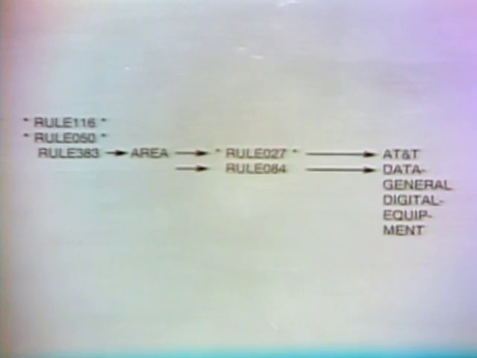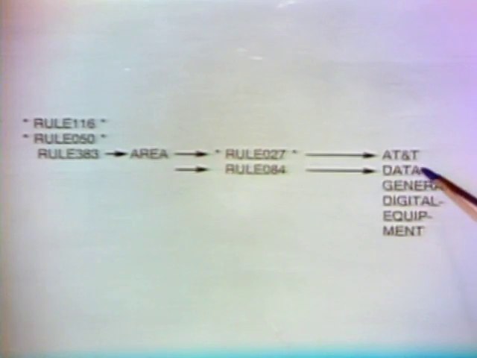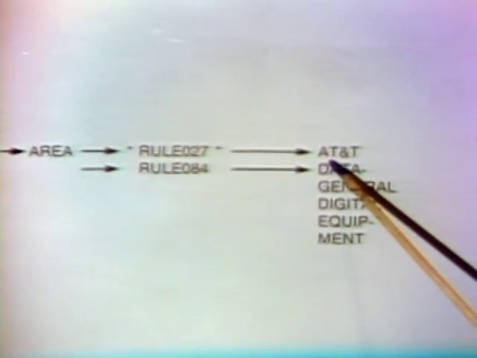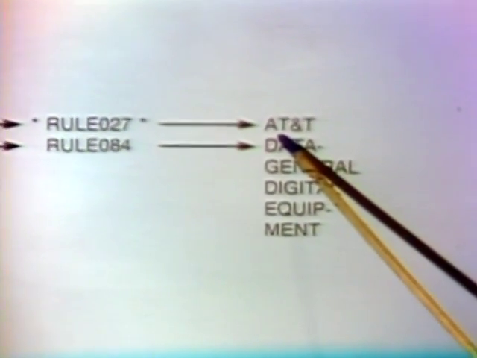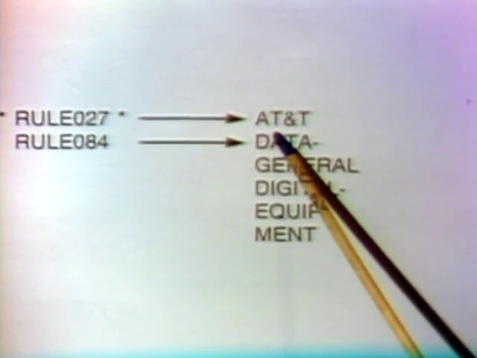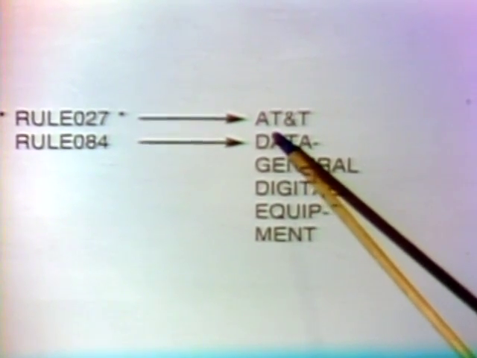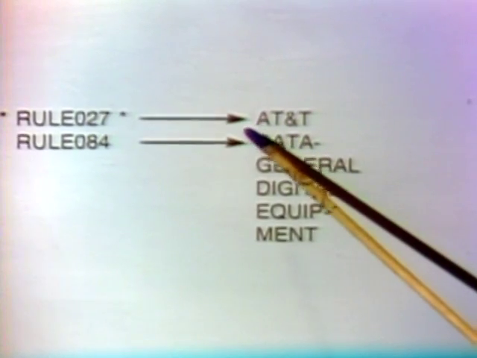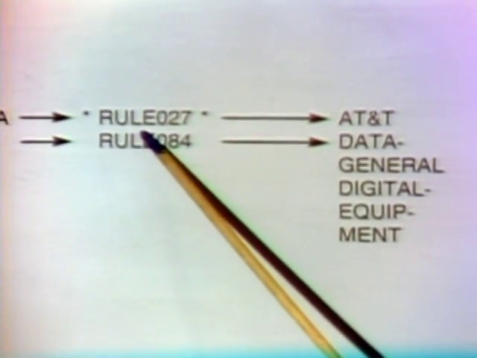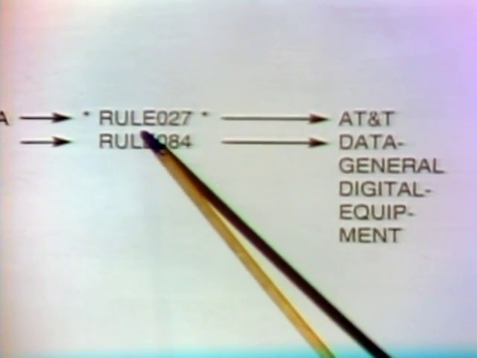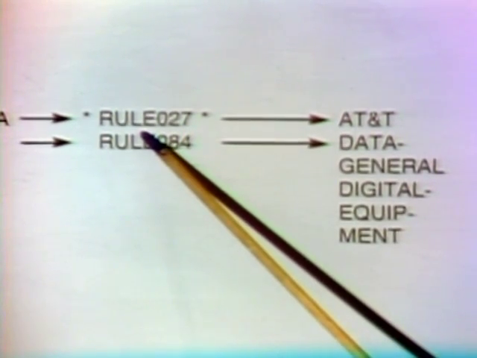Here's an overview of what's going on. And let's start by zeroing in over here on the right at this AT&T. Remember I said we start there because AT&T shouldn't have appeared. And we backed up from there and said, well, wait a minute. Why did we have the AT&T? Well, that came up because of this Rule 27 here. And why did that work?